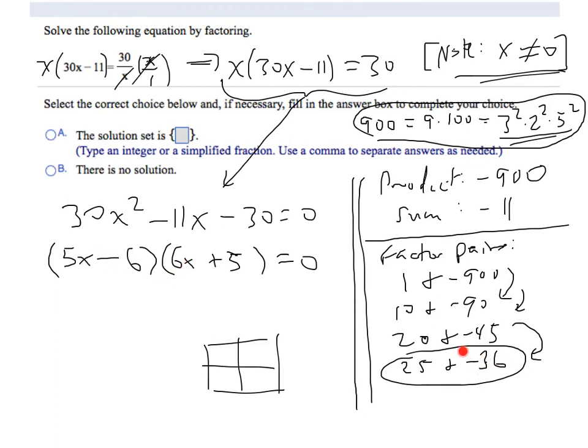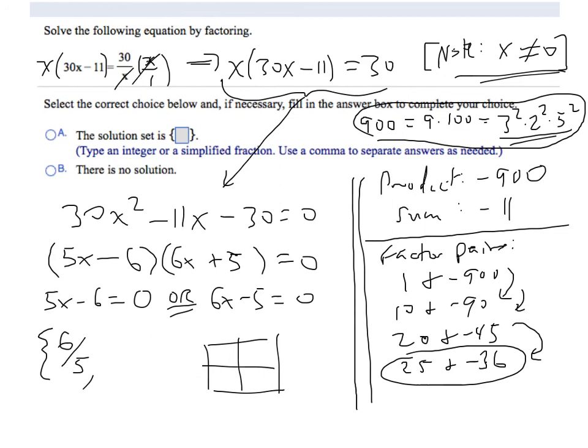So don't forget that what you're doing here is identifying the coefficients of the outer and inner term. So outer term is 25x, inner term is minus 36x. That's what you're trying to do over on this side. And so of course that's not even the answer. We really want to find the values of x. So I'm going to say, well, either 5x minus 6 is 0 or 6x plus 5 is 0, which means that my solution set is 6/5. 6/5 is the solution to this equation, or,